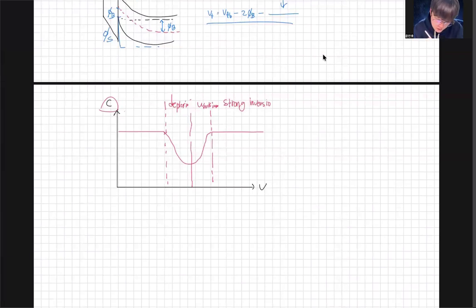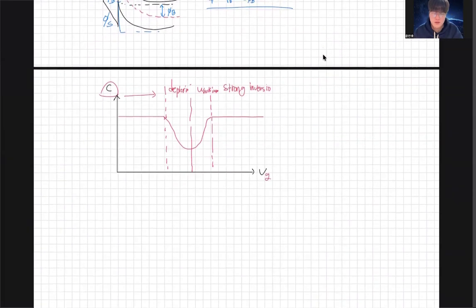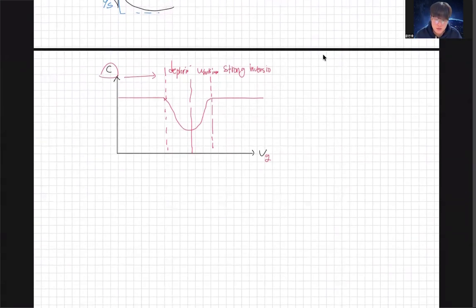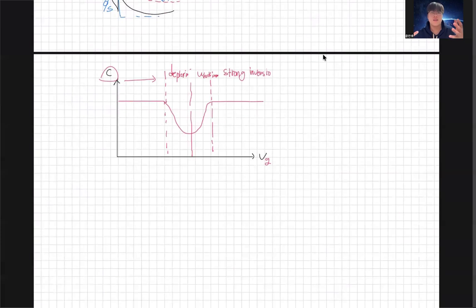In this region, the capacitance is constant, but if we put the bias on the gate, the surface will be depleted. So there is no charge,